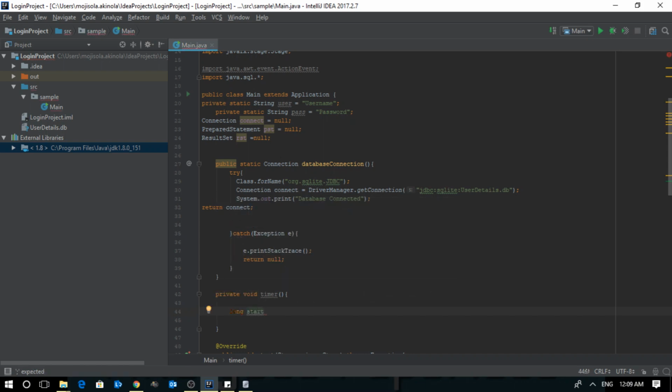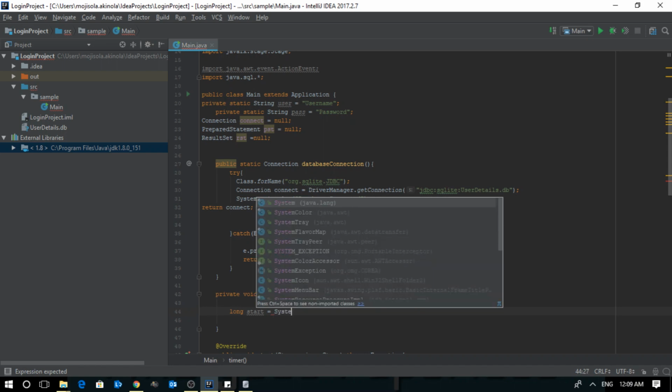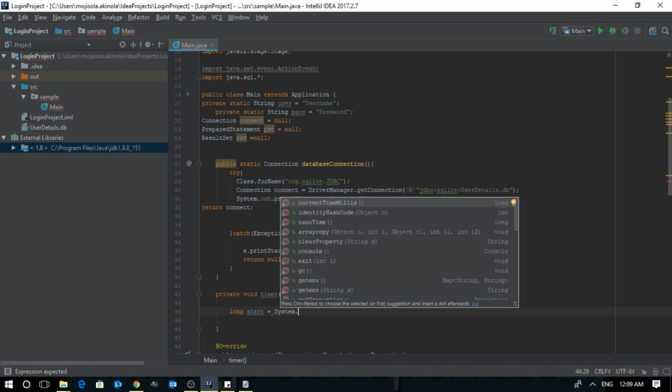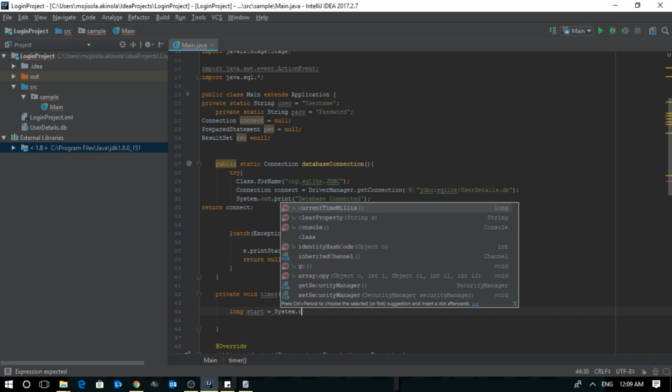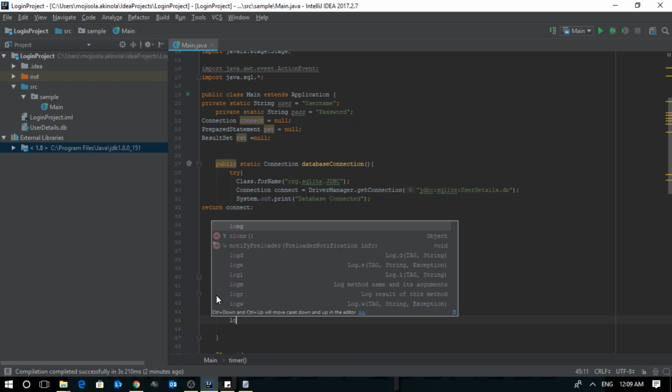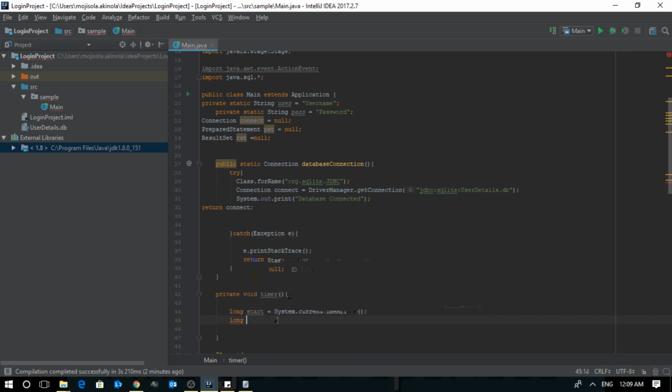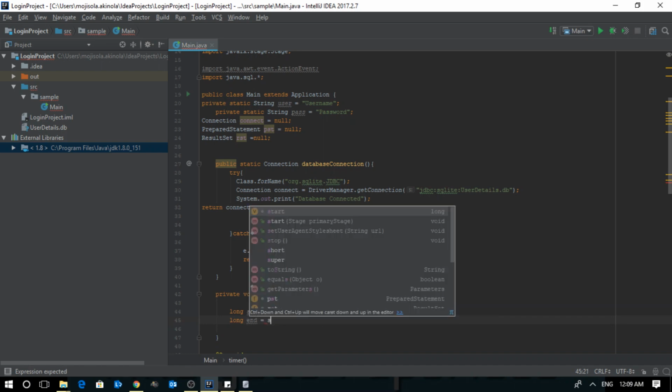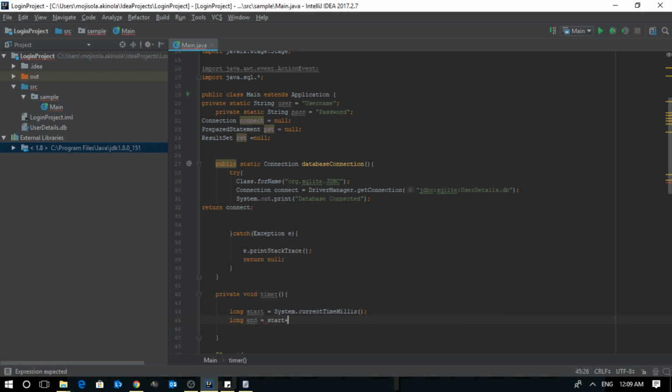Long start equals system dot current time in milliseconds, right? And the endpoint, so end equals start, right, plus